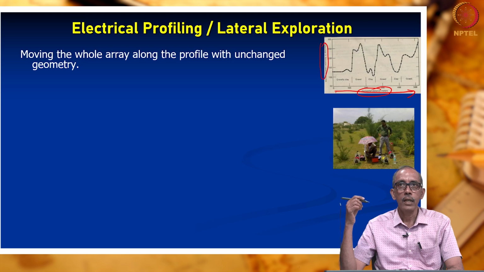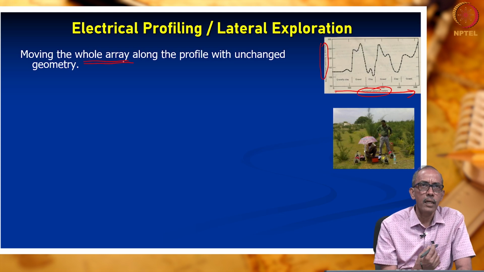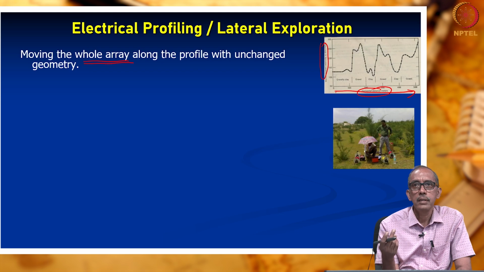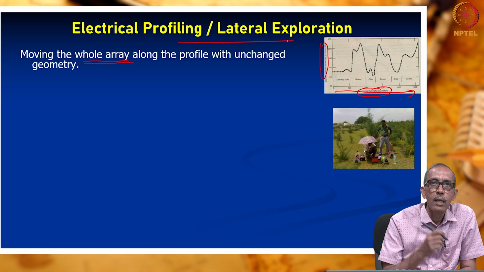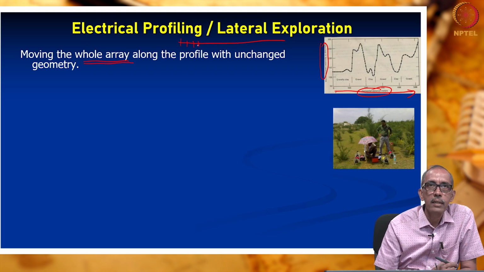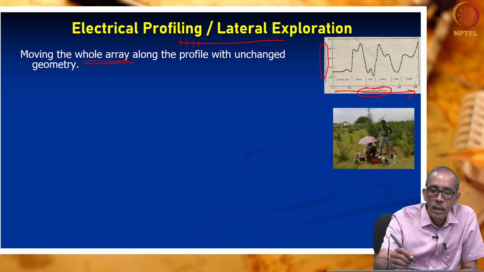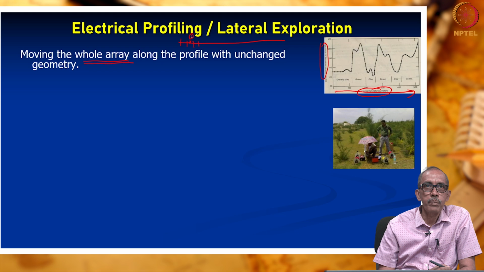We will be able to carry out this investigation by moving the array, meaning the electrodes, right? Moving all the 4 electrodes along a profile without changing the electrode geometry, which means the electrode configuration. Distances between the electrodes are kept the same, but we keep moving along a profile. For example, let us take the same simple case of Wenner method, with 4 electrodes at the same distance of 1 meter. What is our station number? This is our station 1, that is the center point.